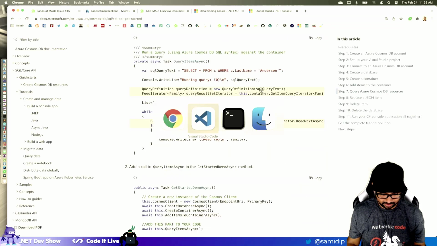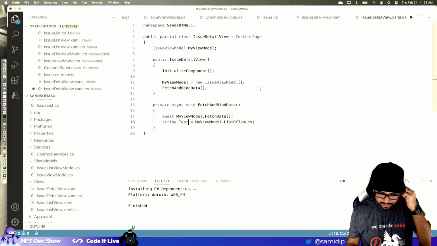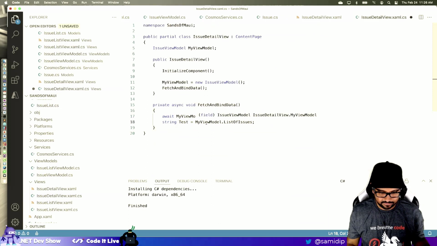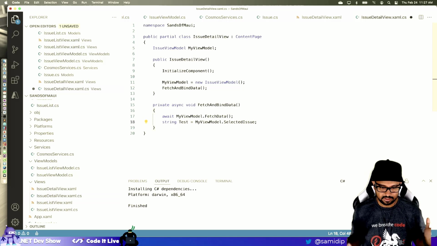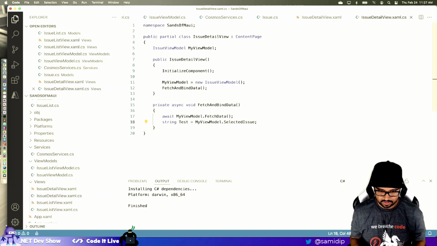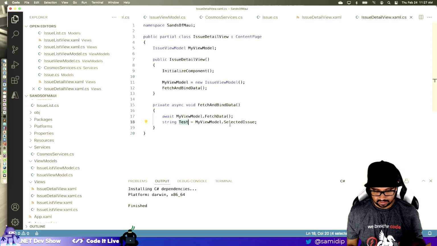Okay, let's see how I'm failing here. So I have my model, and what I want to do on my await is just do that. Okay, so the detail view is going to make a call out on initialize. It's going to find this, and it's going to do that.